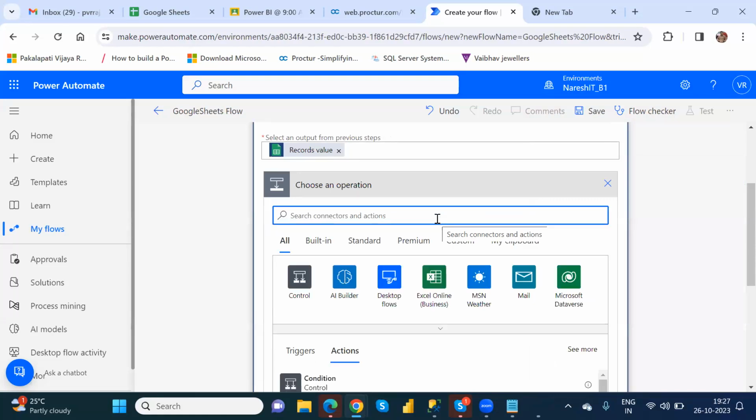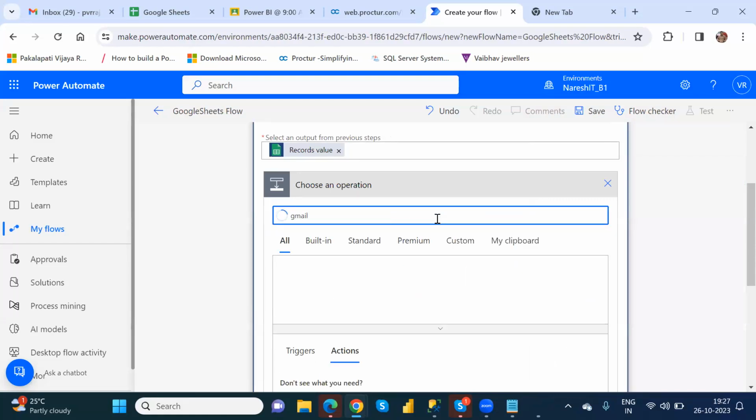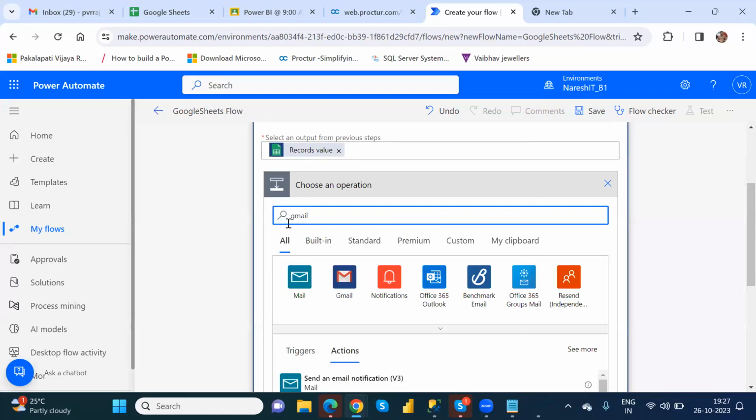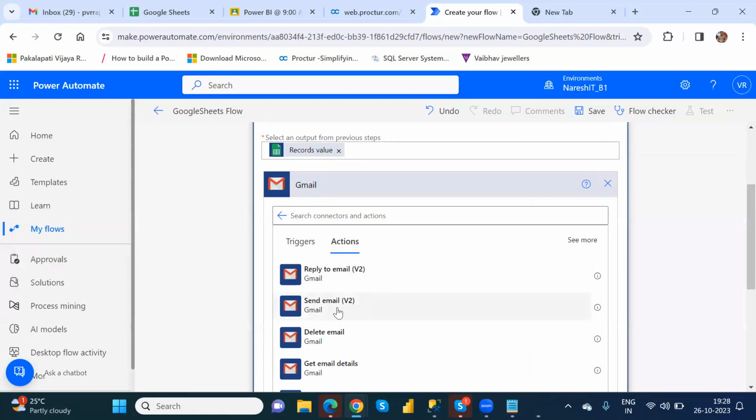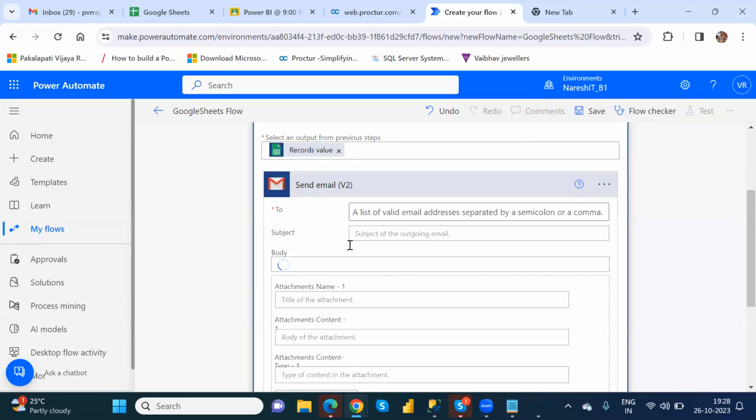So for this one, I'm taking Gmail. See here, Gmail is the action. You have to type it in this text box, and that action automatically comes here. So pick the Gmail and after that, send out an email. This is the action you have to take. To which